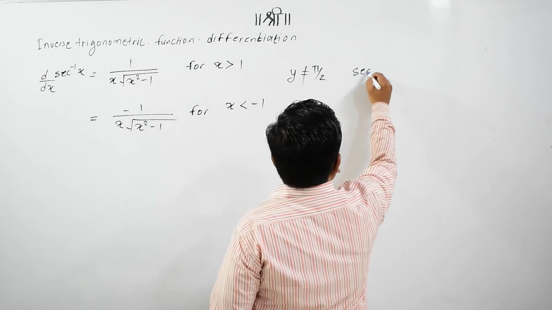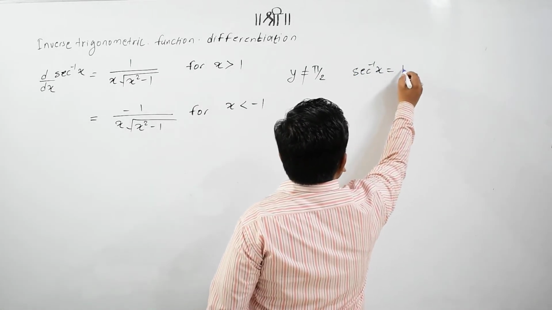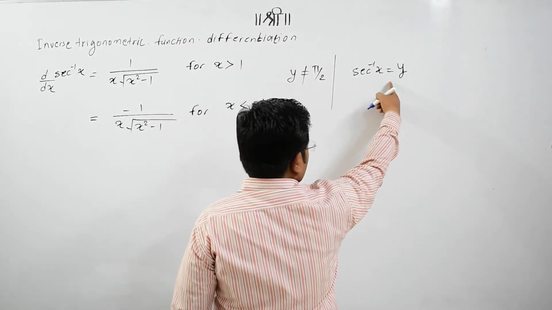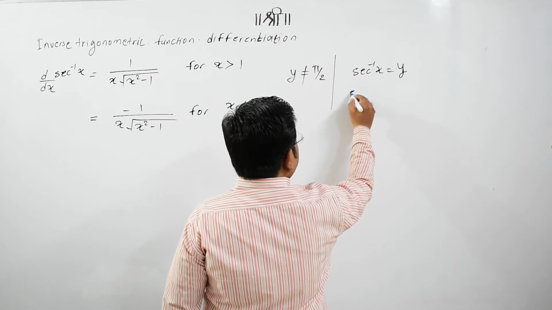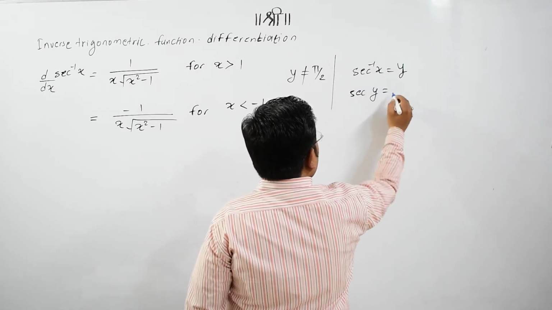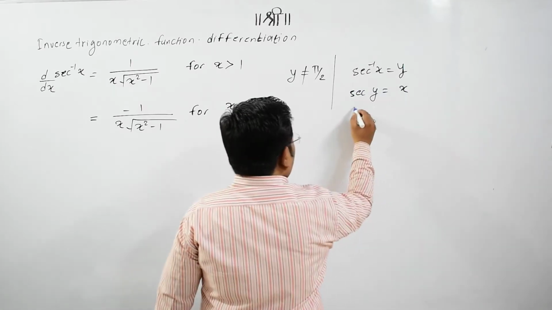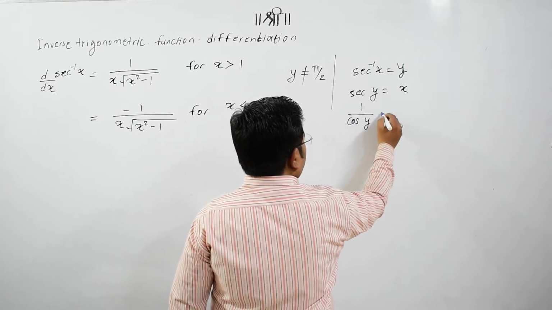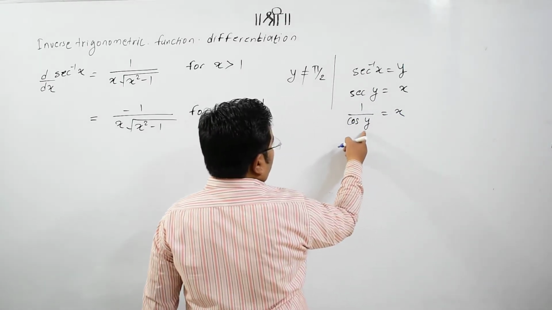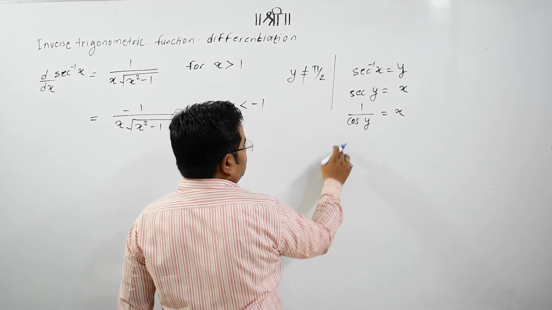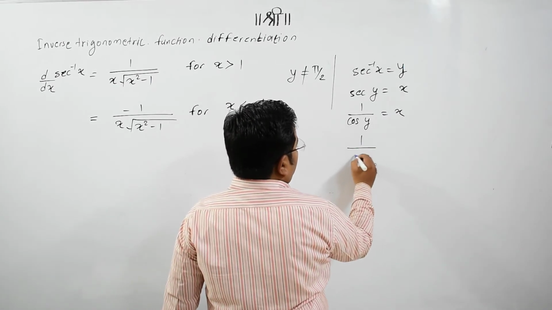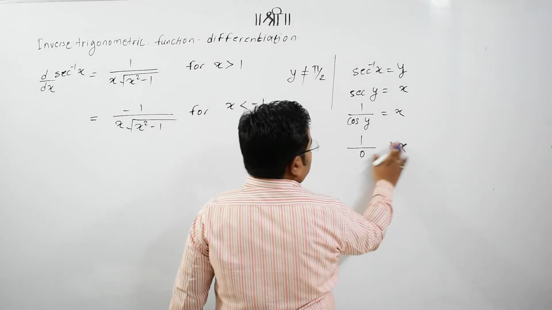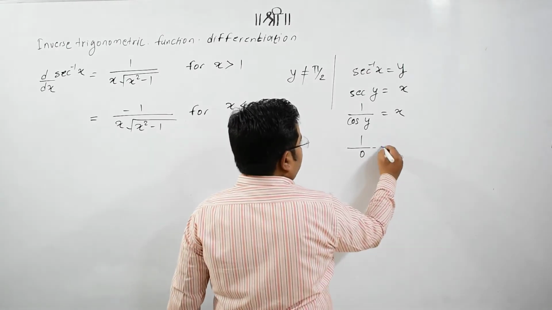So sec inverse of x is equal to y. Now what should be sec y? Sec y is equal to x. Now what is this sec y? 1 upon cos y is equal to x. Now if y equals pi by 2, then it will be 1 upon 0, which should not be our case. So this is not defined